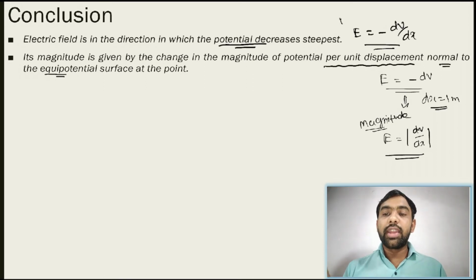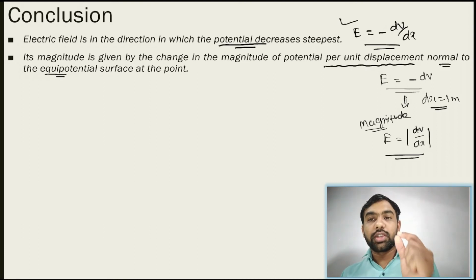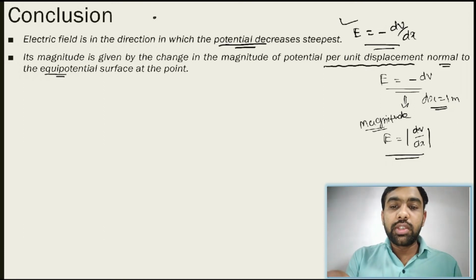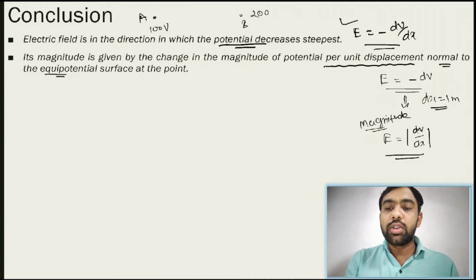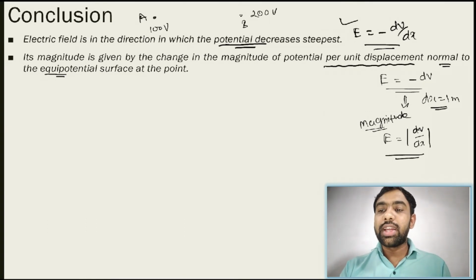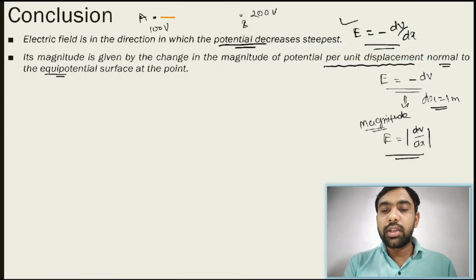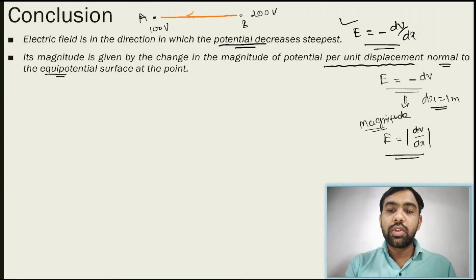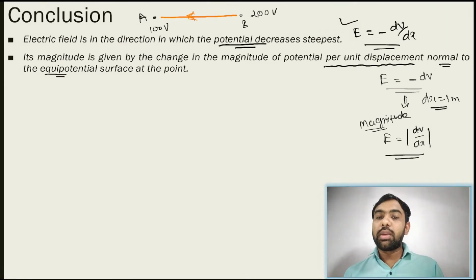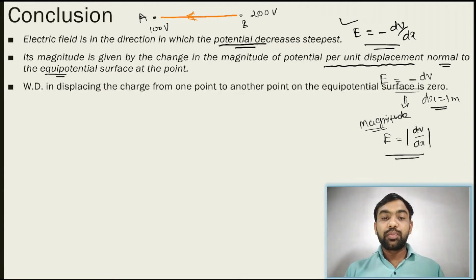What about direction? Direction is the one in which the potential decreases. Example, suppose ये point A है, ये पॉइंट B है, यहाँ पे पोटेंशियल 100 वोल्ट है, यहाँ पे पोटेंशियल 200 वोल्ट है, तो फिर इलेक्ट्रिक फील्ड कौन सी डायरेक्शन में आएगा? Direction of electric field must be this one, A की तरफ. क्यों? क्योंकि A के पास पोटेंशियल 100 है, B के पास पोटेंशियल 200 है, तो फिर B से A मूव होते तो वहाँ पे पोटेंशियल कम है, तो फिर डायरेक्शन उसकी तरफ होगी. In the direction of electric field, potential decreases. ओके, लाइक दिस.